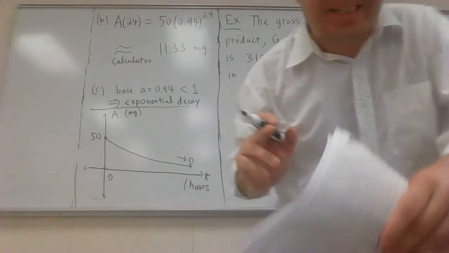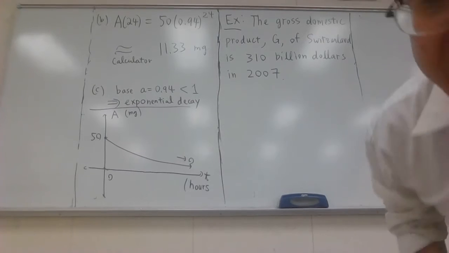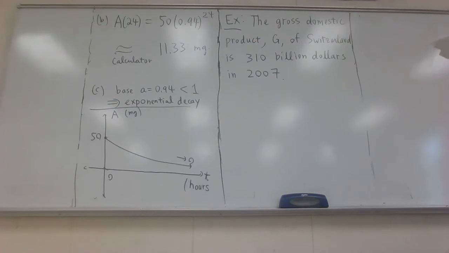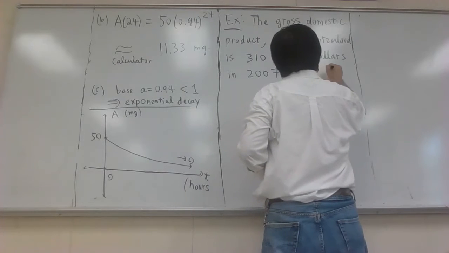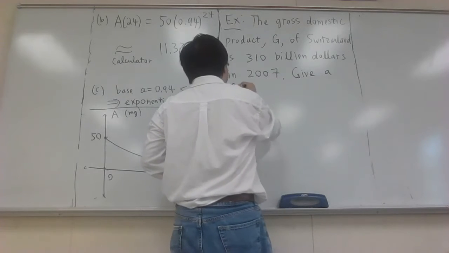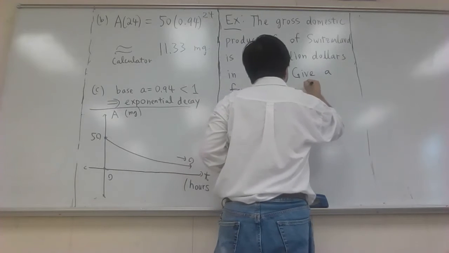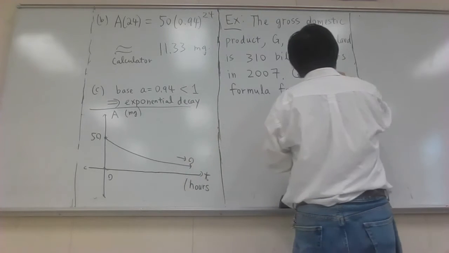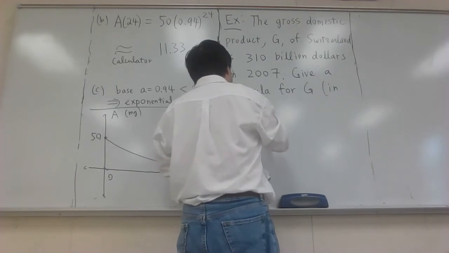Again, let me check to see if everything's written clearly. And you're asked to give a formula for G, with units being billions of dollars,